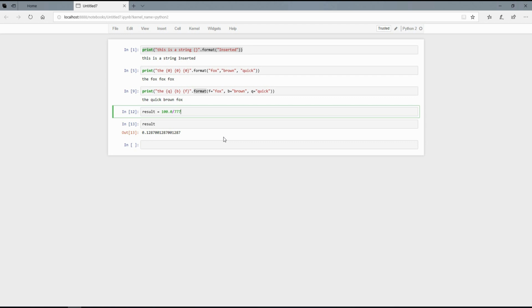Okay, so now let's also talk about how to format some float numbers inside the print statement. So here I have written the variable result and made it equal to 100.0 divided by 777. It gave me the result of 0.128 with a long decimal number. Right now, if I'm willing to format this, I can easily format it using the dot format function. So what I can do is write print the result is